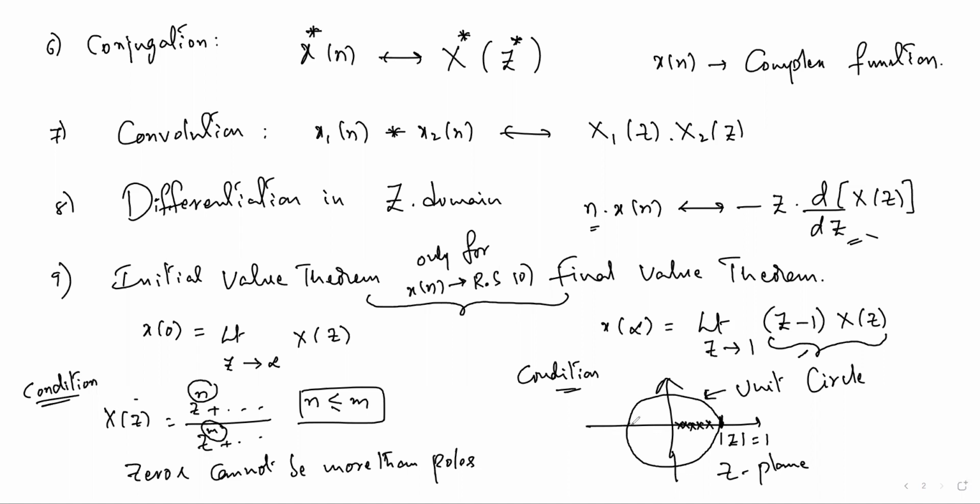If one pole is on the unit circle, what happens? You'll get like this. X of z, if it is some function divided by z minus 1, you'll get a pole on the unit circle, not outside. Then in the expression z minus 1 into x of z, this cancels. So, different case. Anyway, we just verify whether all poles are within the unit circle or not before applying the final value theorem. It's a very sensitive case, the final value theorem.